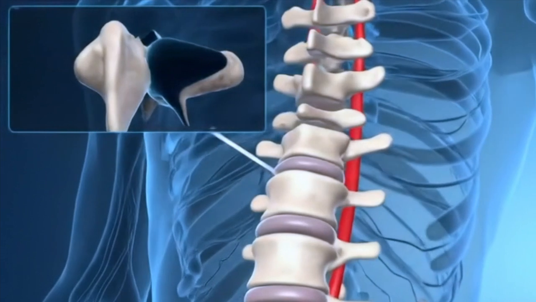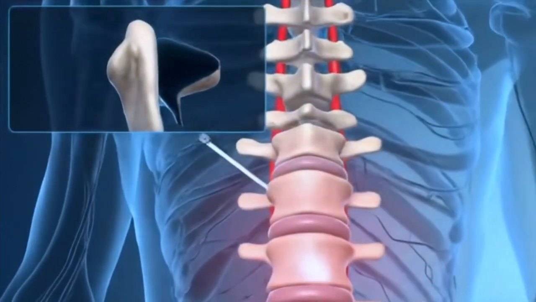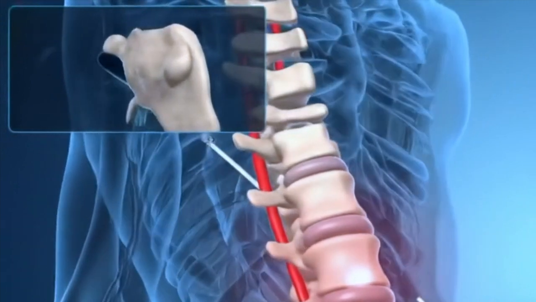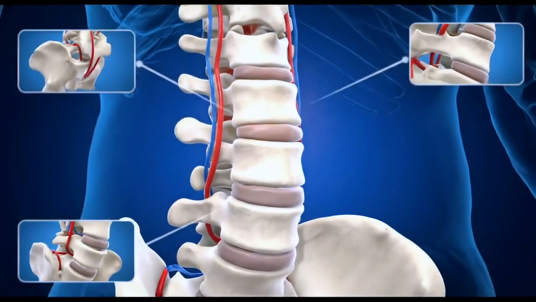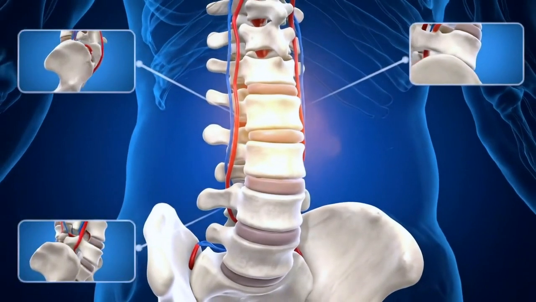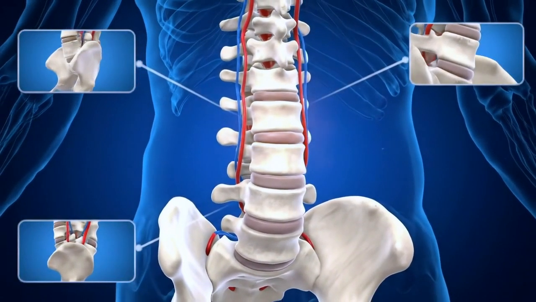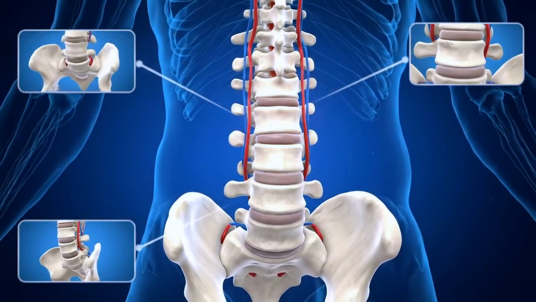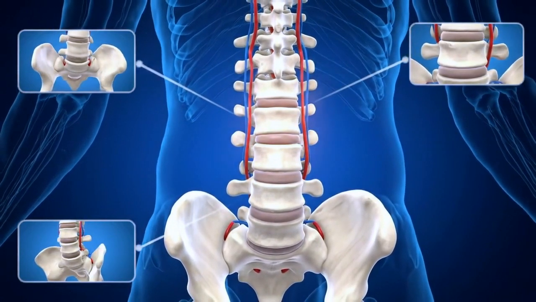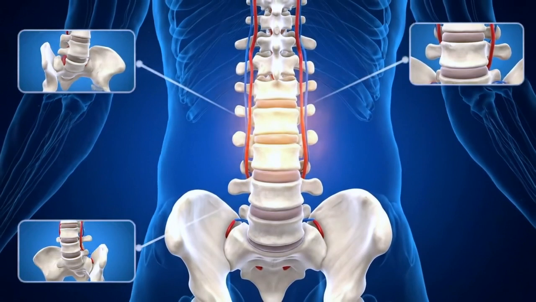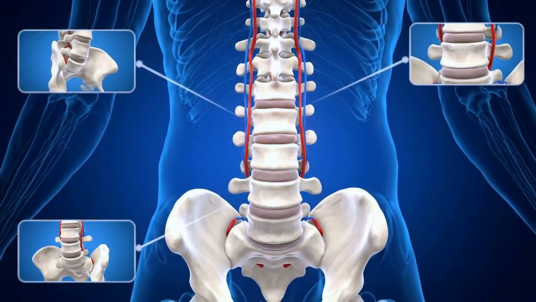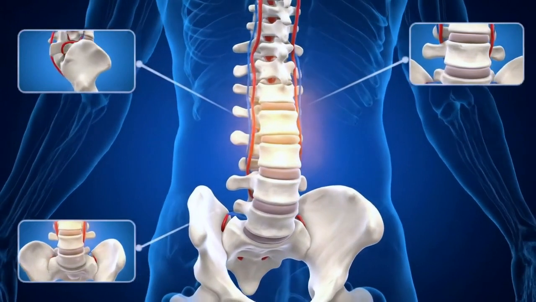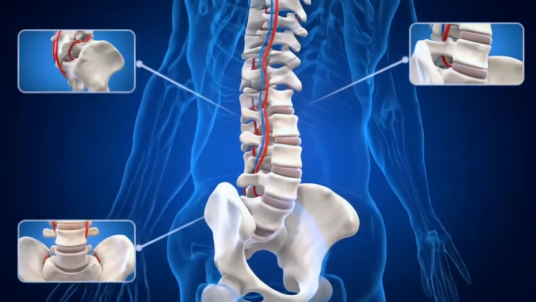Diagnosis. A doctor will typically diagnose spinal stenosis through medical history and physical exam. Your doctor will ask about your symptoms and perform a physical exam to check your muscle strength, reflexes, balance, and how you walk. Imaging tests. MRI, magnetic resonance imaging. This is the gold standard for diagnosing spinal stenosis. It uses a powerful magnet and radio waves to create detailed images of soft tissues, including nerves, discs, and ligaments, clearly showing areas of compression.